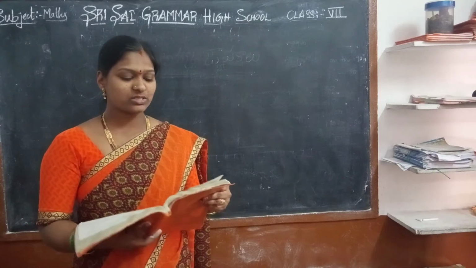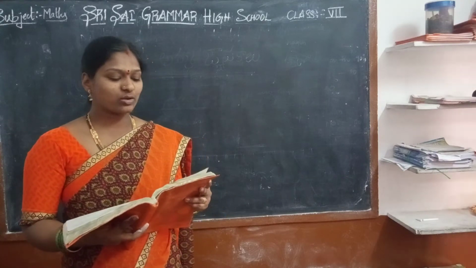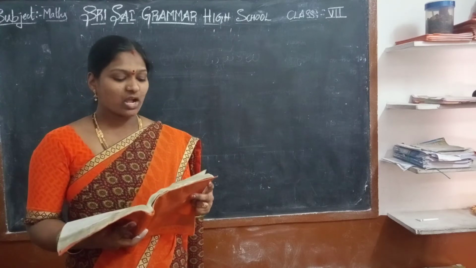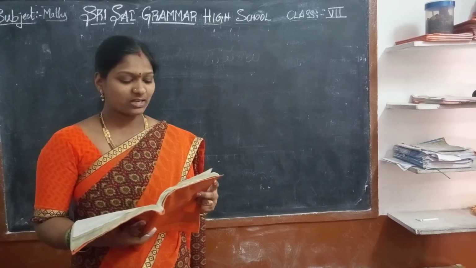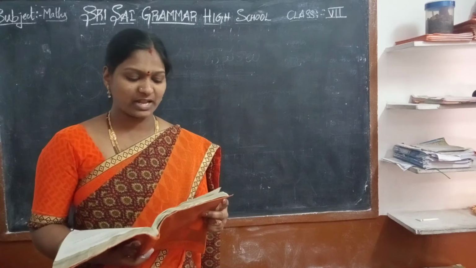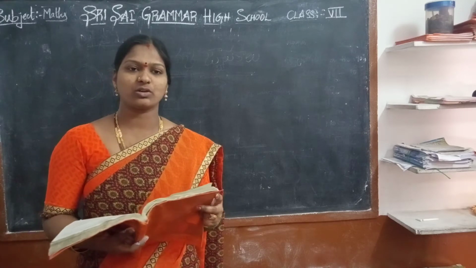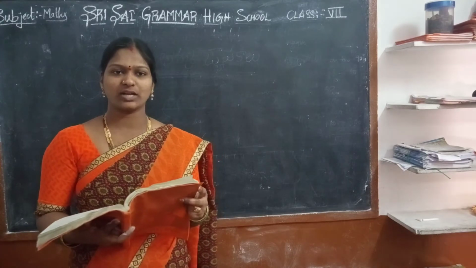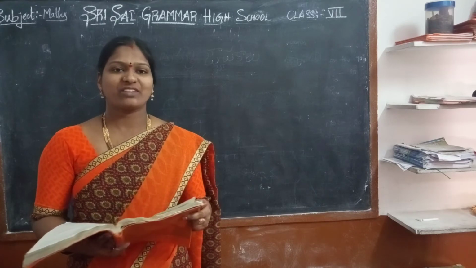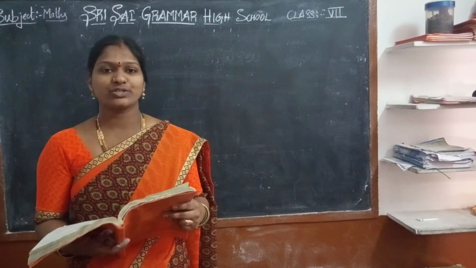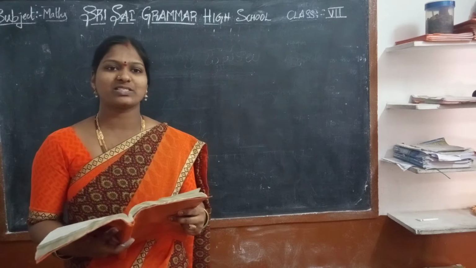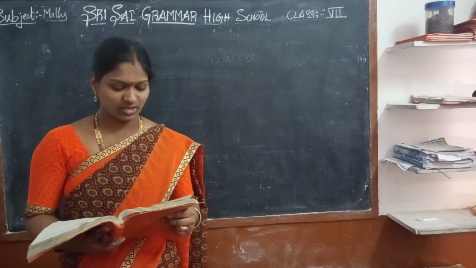In this chapter we are going to learn ratio, proportion and direct proportion, the unitary method, fractions as percentages, and profit and loss and their applications. We are going to see how they are performed and how ratio is applied to the given sums. Okay.